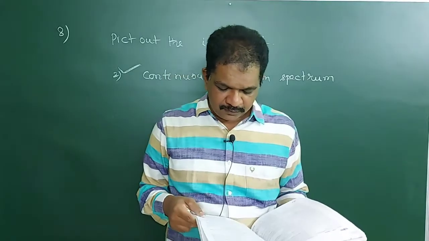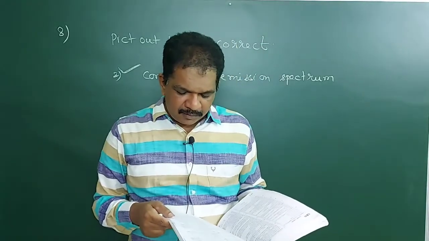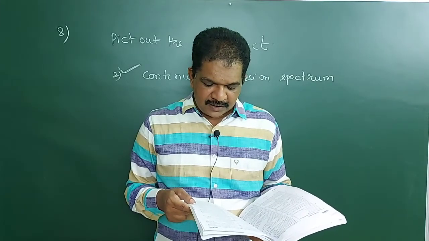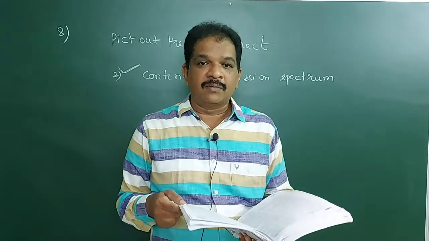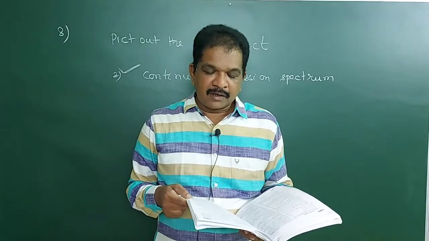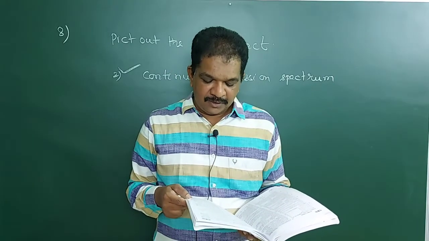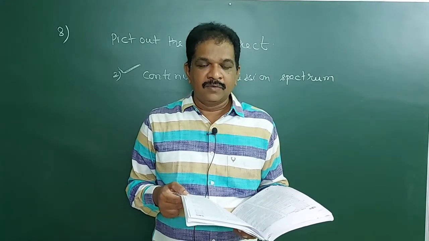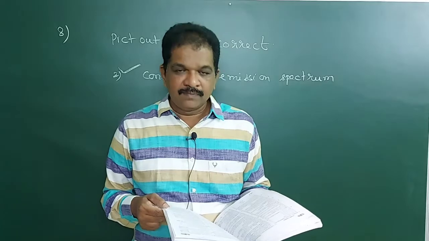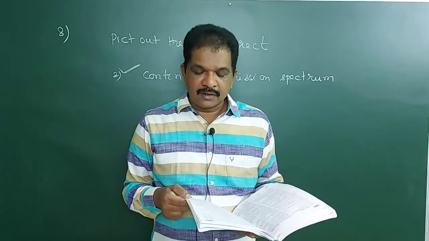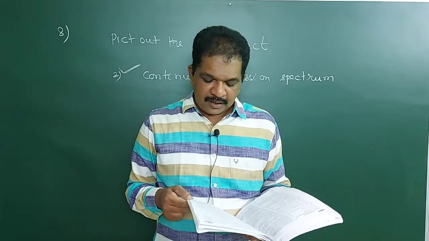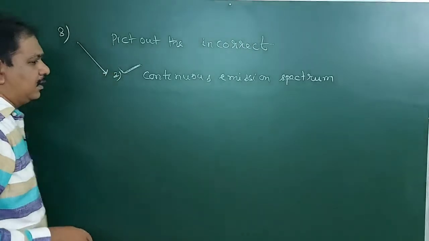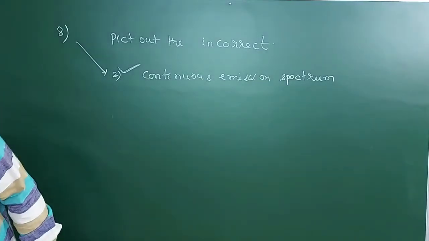Okay, third option, if you check, band spectrum helps to study the molecular structure. Correct. Sunlight spectrum is an example of line absorption spectrum. Already sixth question we told. Spectrum of sunlight is an example of line absorption spectrum. So fourth statement, third statement, first statement are correct. Only second statement is wrong. Oil flame will produce continuous emission spectrum, not line emission spectrum. So eighth question, second option will be the answer. Got it? Next, ninth question.